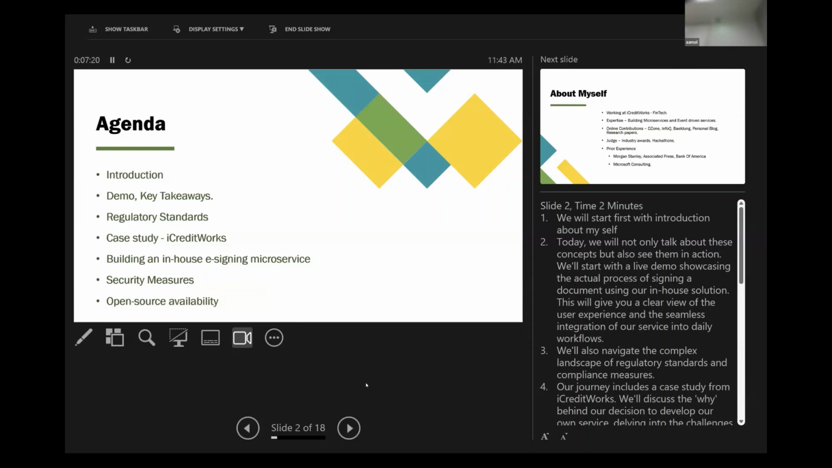Then we'll talk about a case study at iGridWorks. I work for iGridWorks for almost 5 years. I've helped them build their entire backend infrastructure. So I'll talk about that case study and how we built the entire e-signing framework as part of that case study. Then we will delve into the technical details of the e-signing microservice,